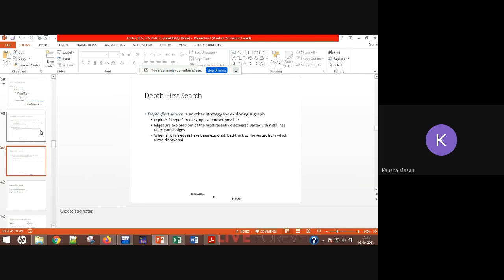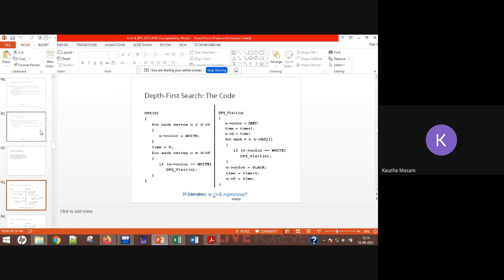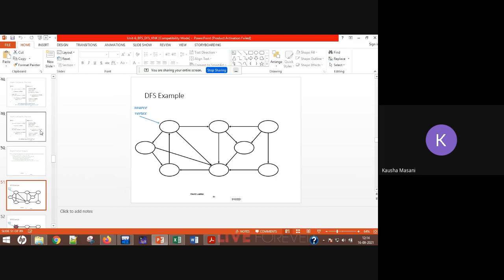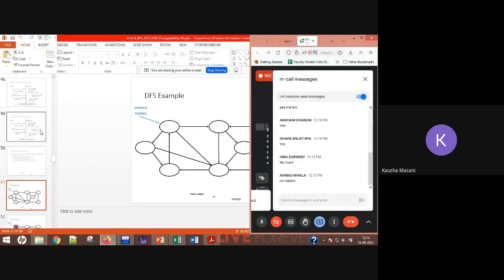See, in your depth first search, we are going to explore all the edges, or say all the vertices. Do you remember this diagram? Yes, ma'am.